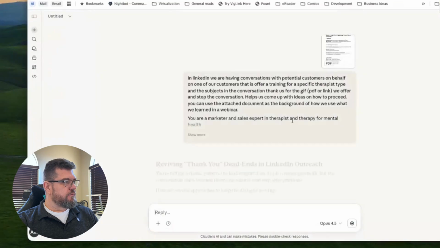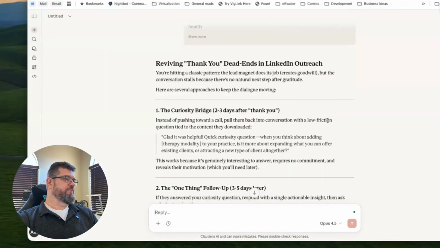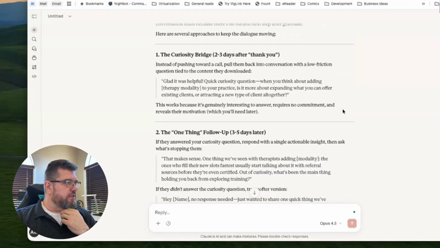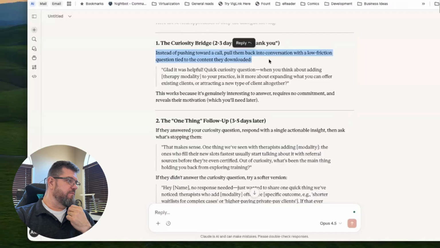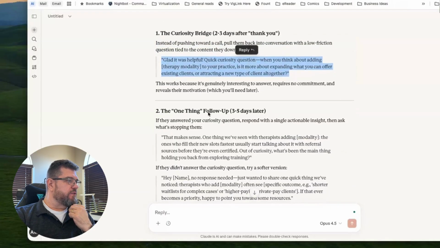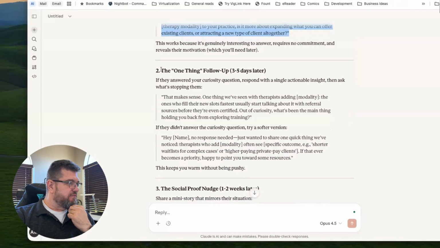Claude should have something already there. It's already given us some ideas. So this is interesting. The way they're proposing is, look at this. It says, instead of pushing towards a call, pull them back into the conversation with a low friction question. And then here's an example of the question. The one thing follow-up, 3 to 5 days later.